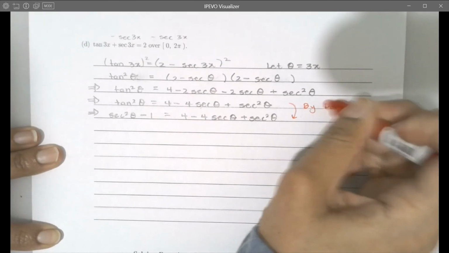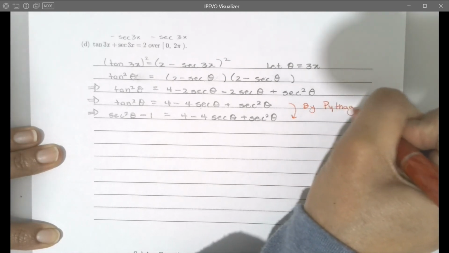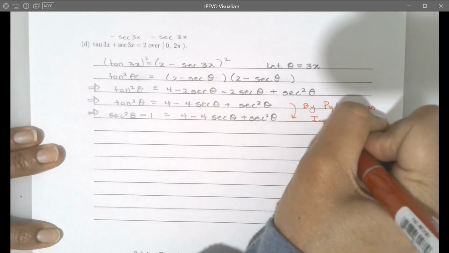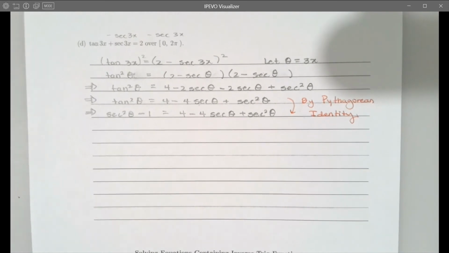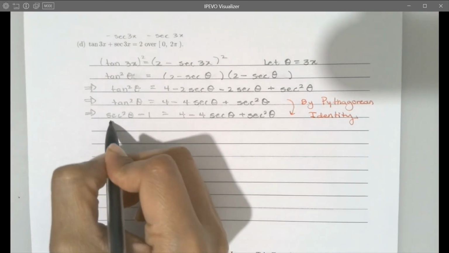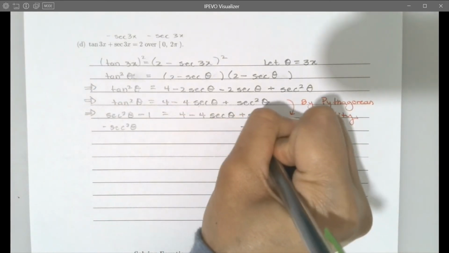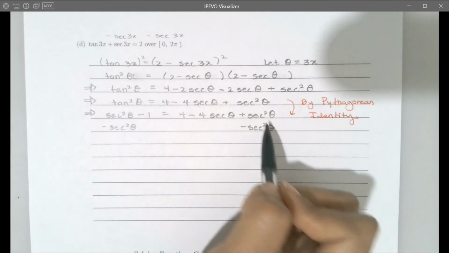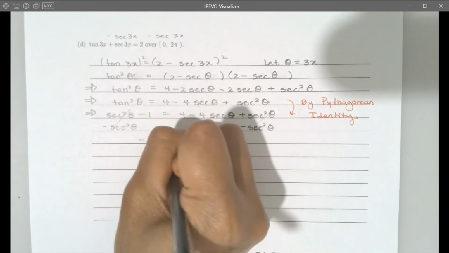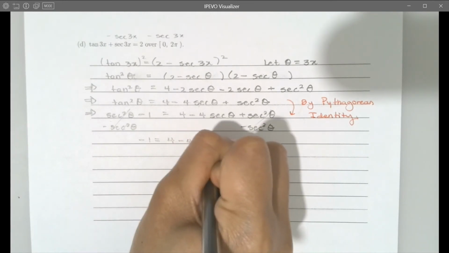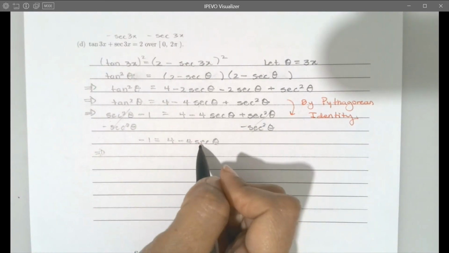Sorry, this is not the double angle formula, this is the Pythagorean identity. Okay, now what we can try to do is subtract the secant squared theta from both sides of the equation, because in doing so we completely subtract away the quadratic term, leaving us -1 is equal to 4 minus 4 secant theta,